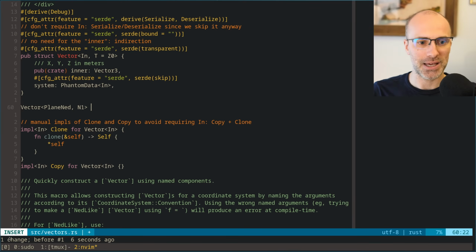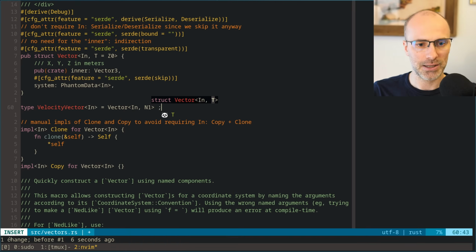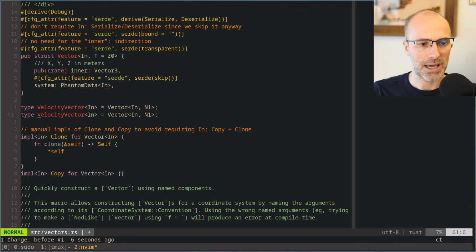And we could even have a type alias for this, right? So this would be a velocity vector, and an acceleration vector would be an N2.